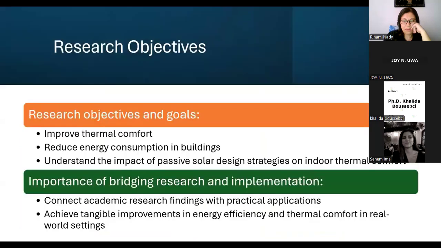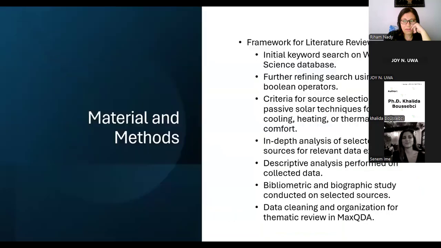For the objective of this research, we just tried to identify the research gap in the field of passive solar, especially as it relates to passive comfort. For the purpose of this research, we had a keyword search on the Web of Science data page. From there we tried to specify our keywords and search with refined search parameters. We excluded and refined articles, and then we had a final